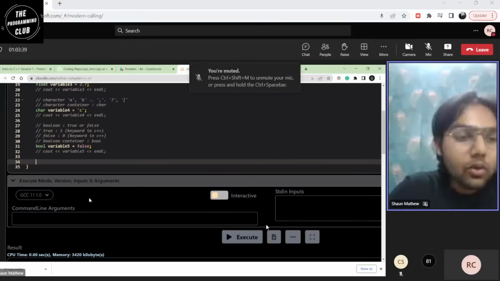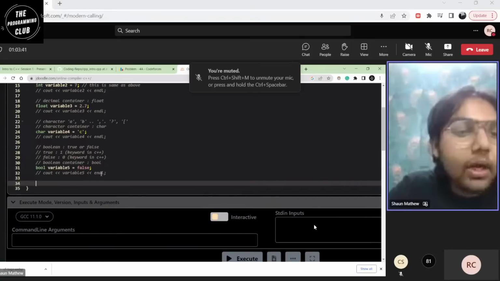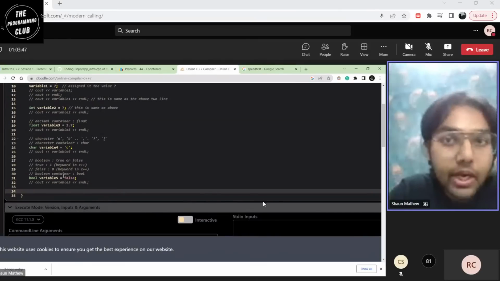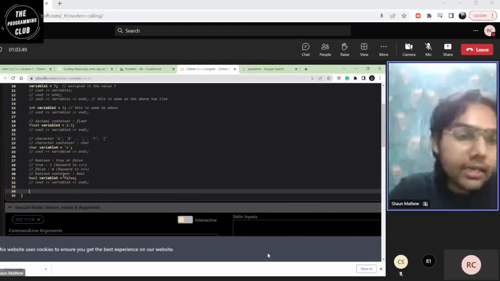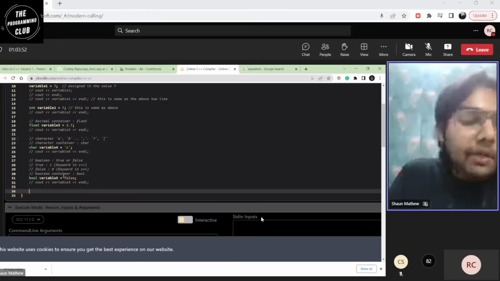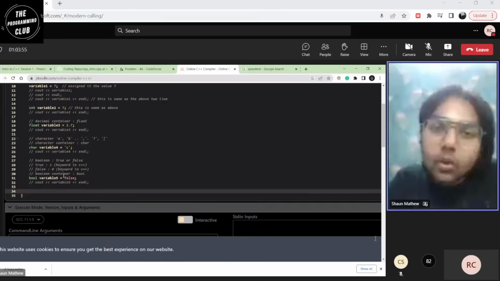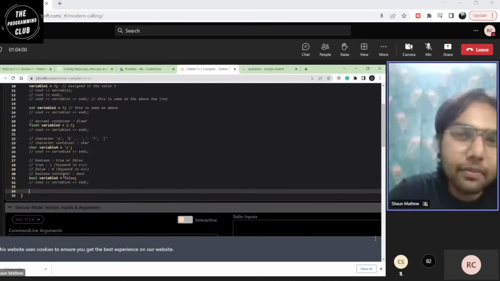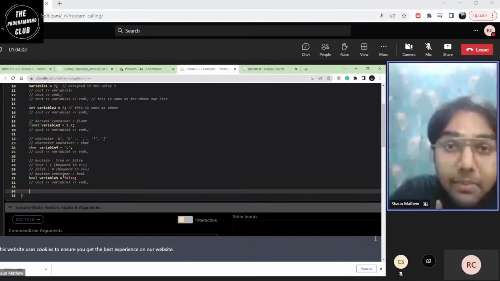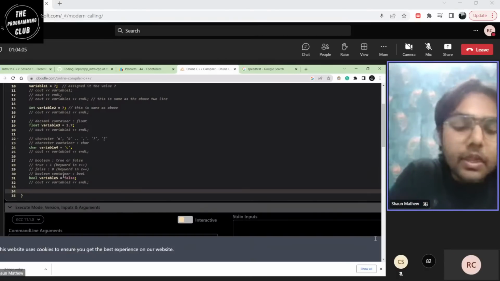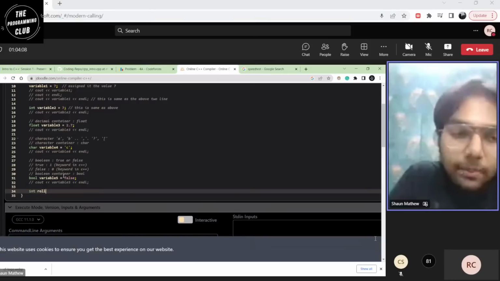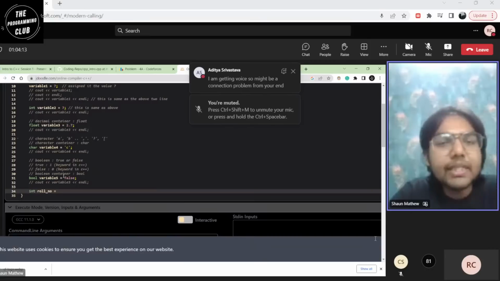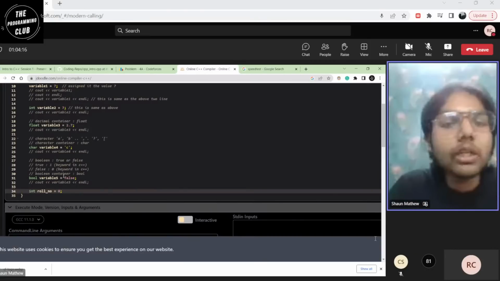So coming back to our coding space, what I would be doing right now is taking an input from the user. Okay, how do we do that? Suppose I want to make a program which takes in the roll number of the person who's using it, and then runs the program on it. What I'm concerned with right now is taking in the roll number. So I'll be declaring an int called rollnumber, and I'll be initializing it to 0, because suppose he doesn't give any value, the default value I'll be using would be 0.